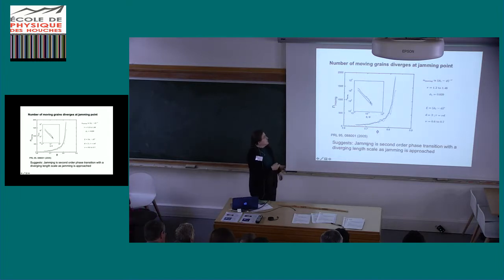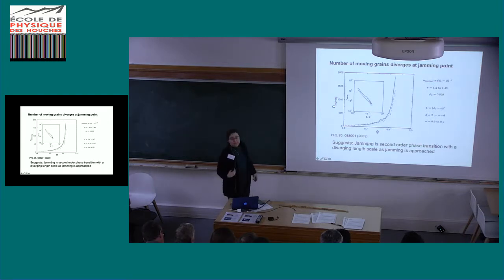This was one of the early measurements of the power law. We came up with a power that was between 0.6 and 0.7. This was back in 2005, and there's been a lot of other work by other groups that I don't do any justice to in this slide that have verified and have made corrections to this scaling. But all of these see that indeed jamming does appear to have this second order phase transition type of signature with this diverging length scale as you approach the jamming transition.